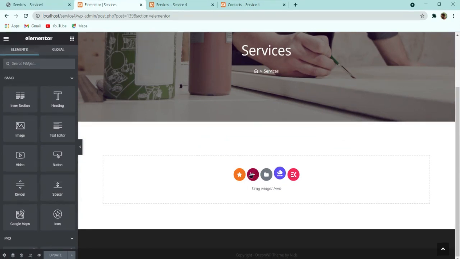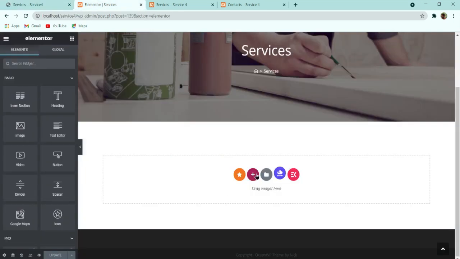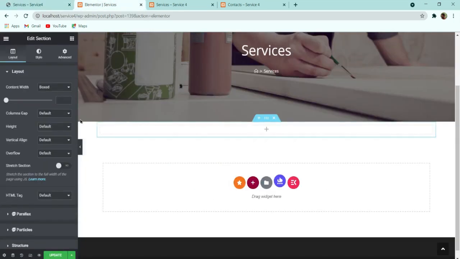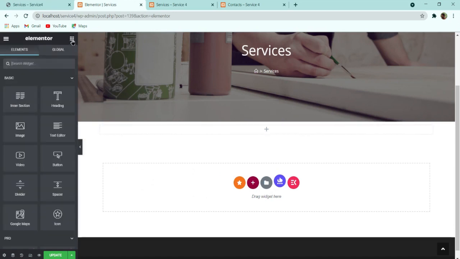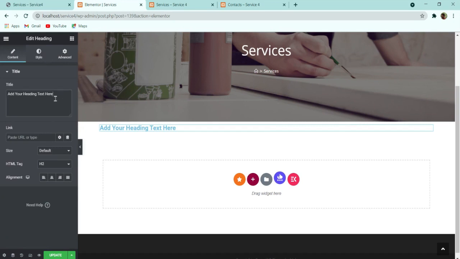To create the first section of this services page, we have to click on this plus icon, and then go to the elements section of Elementor and simply drag this heading. In this title part, we can type what I do, or anything you like, here it will be your text.